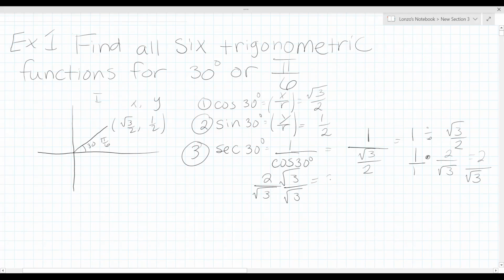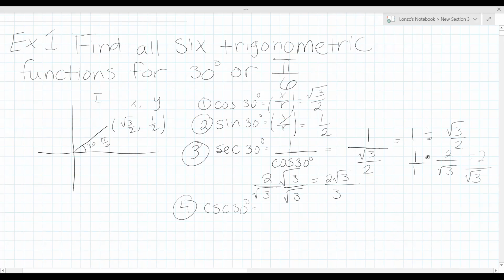So that's 2 radical 3 over 3. Okay, so that is your answer for the secant of 30 degrees. So let's find some more. Let's do cosecant